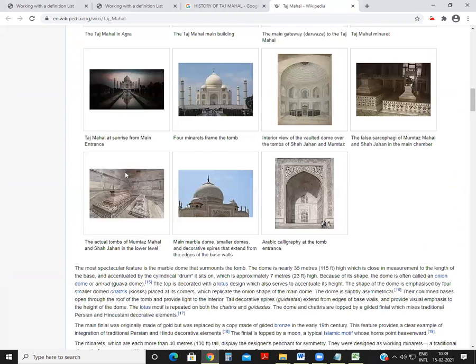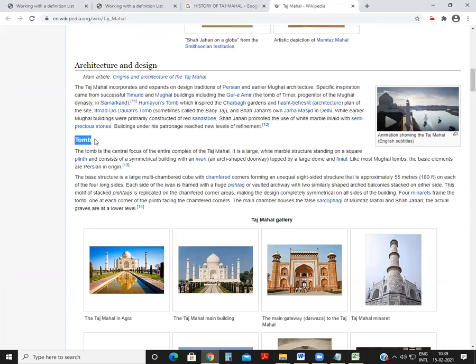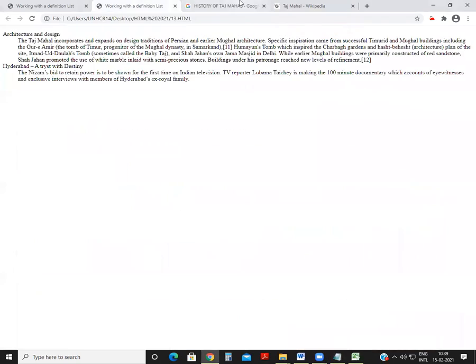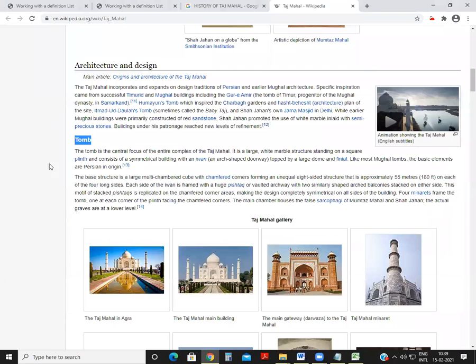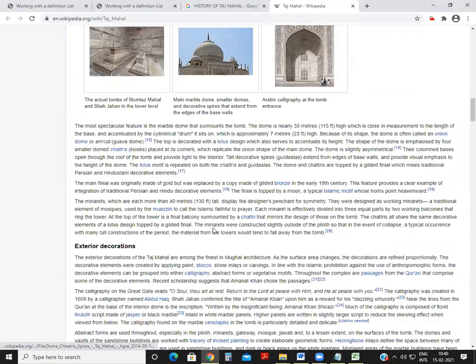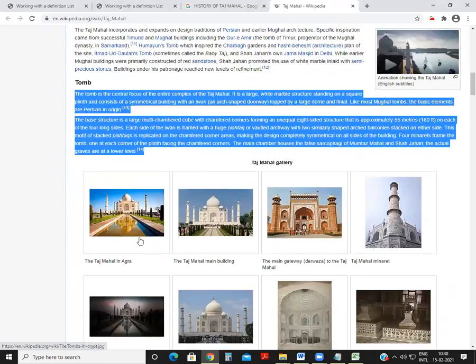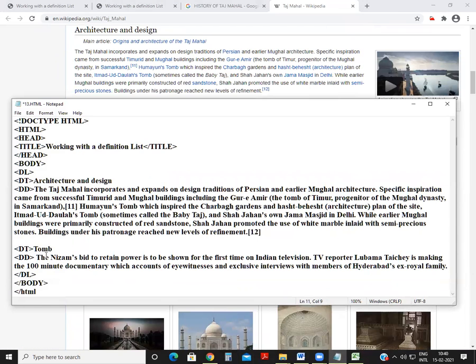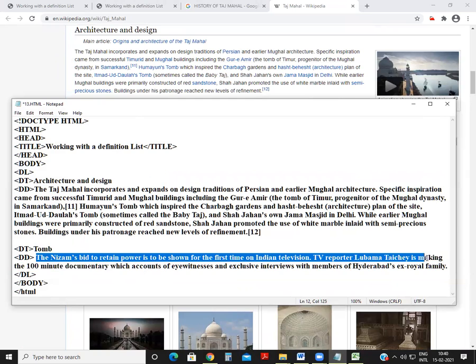I can write one more title, like the Tomb. So I just copy it, and at the place of DT I am writing this. Then going here, this is the detail about the Tomb, right? I copy this, and I don't want this paragraph.